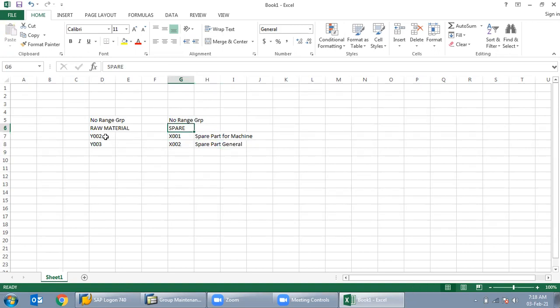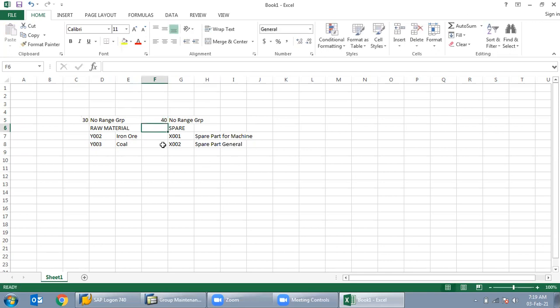And this Y002 is related to iron ore, my raw material, and this is coal, like this. So this is the material type, and this is the number ranges group. Suppose the number ranges are 30 and 40.